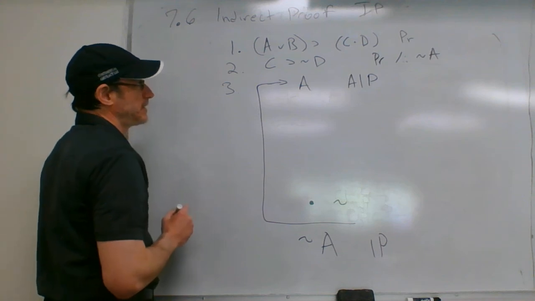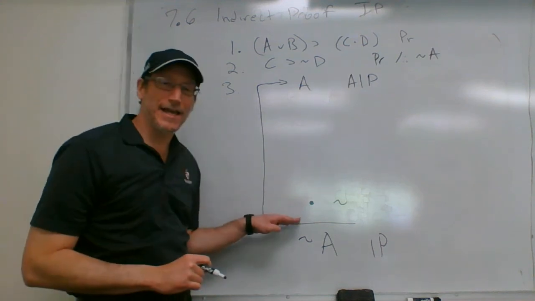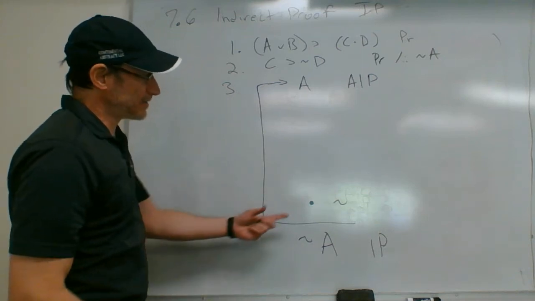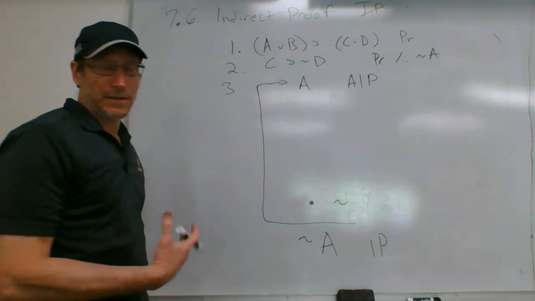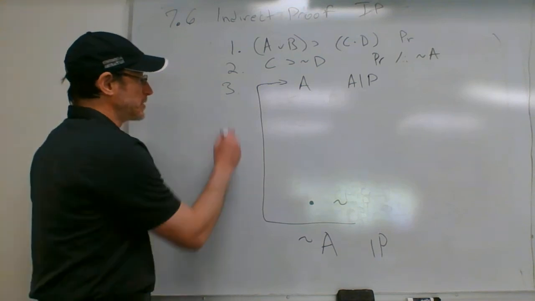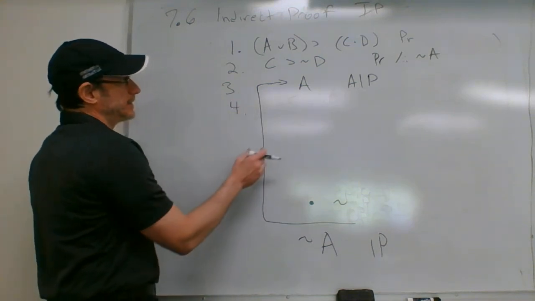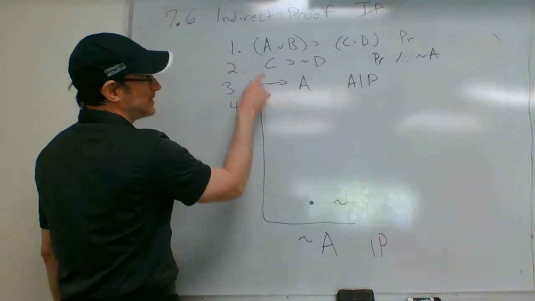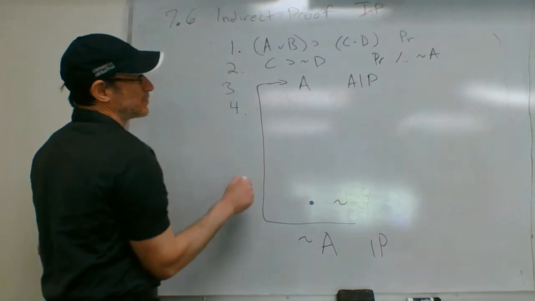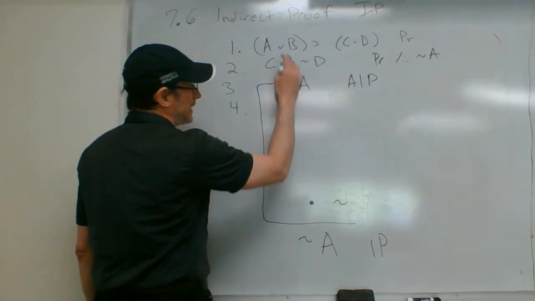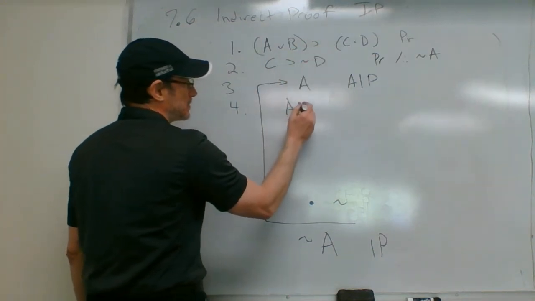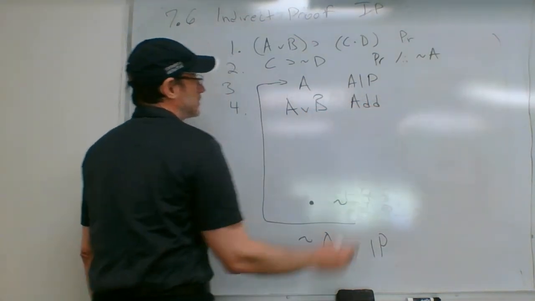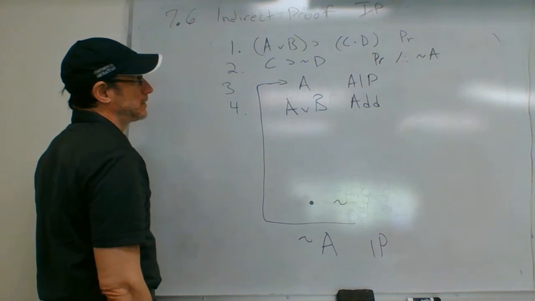So here's step 3. Now what I need to do is try to get to a contradiction. Okay? Well, how do I get to a contradiction? First of all, use the strategy of milk the premises for all they're worth. Is there some way I can get something out of, I have A, I see that A is sitting in here, it's wedged onto a B, so to get the antecedent of number 1, I just need to use addition. A wedge B, addition on 3,